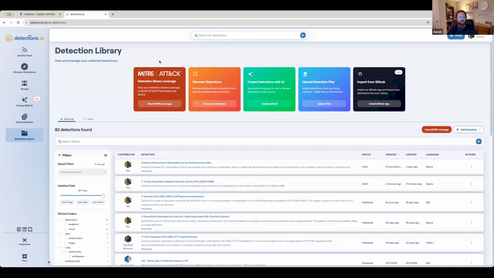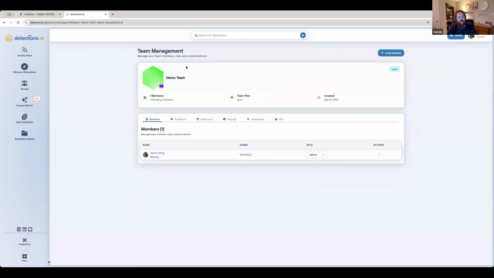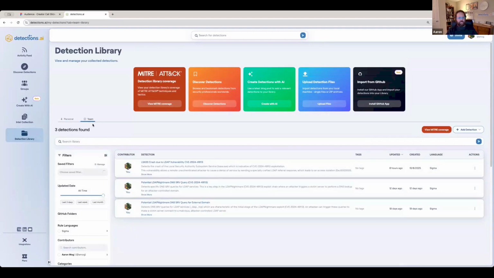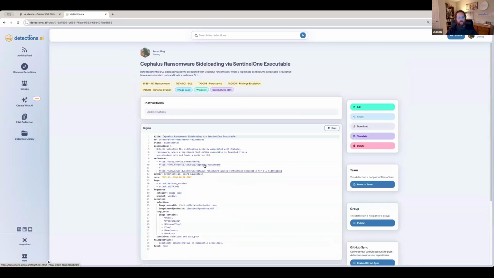So the last piece of the library, and again, this isn't on by default. If anybody wants this, please let me know. We have this idea of teams. Teams functions the same as group membership, but it's for companies or organizations. This is totally private. This is where integrations happen, like single sign-on. You can invite people from your own company or group. We've used this for working groups also. And this is to create a team shared library. So just like you would share a detection to a group, if you like a detection, you can actually move it to your team.